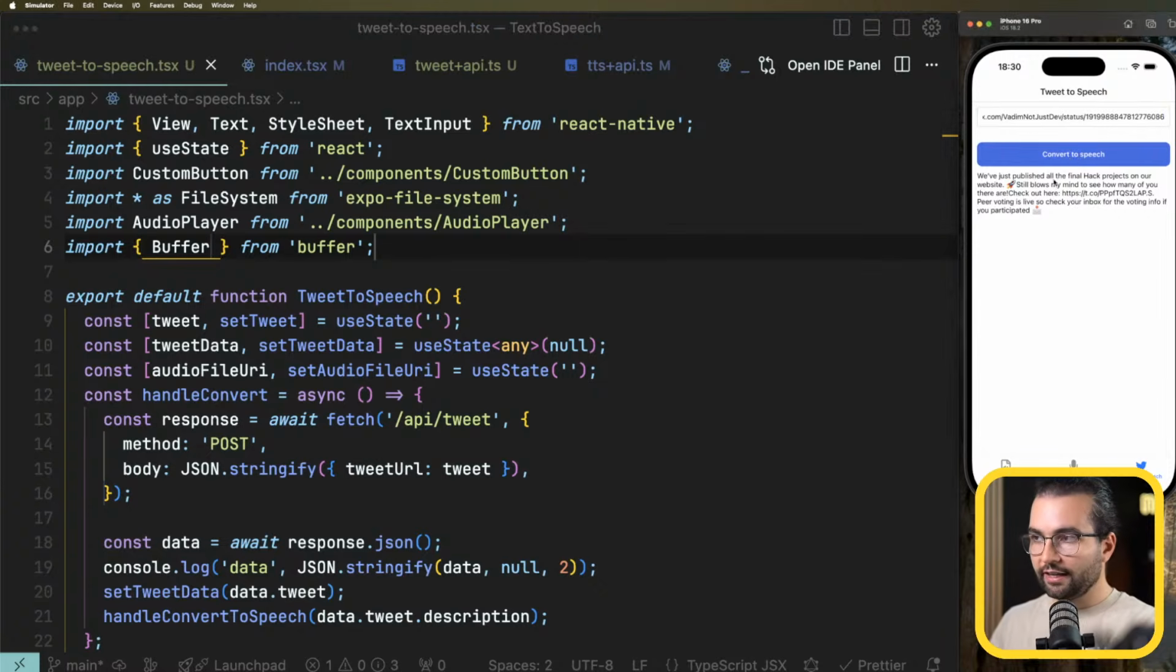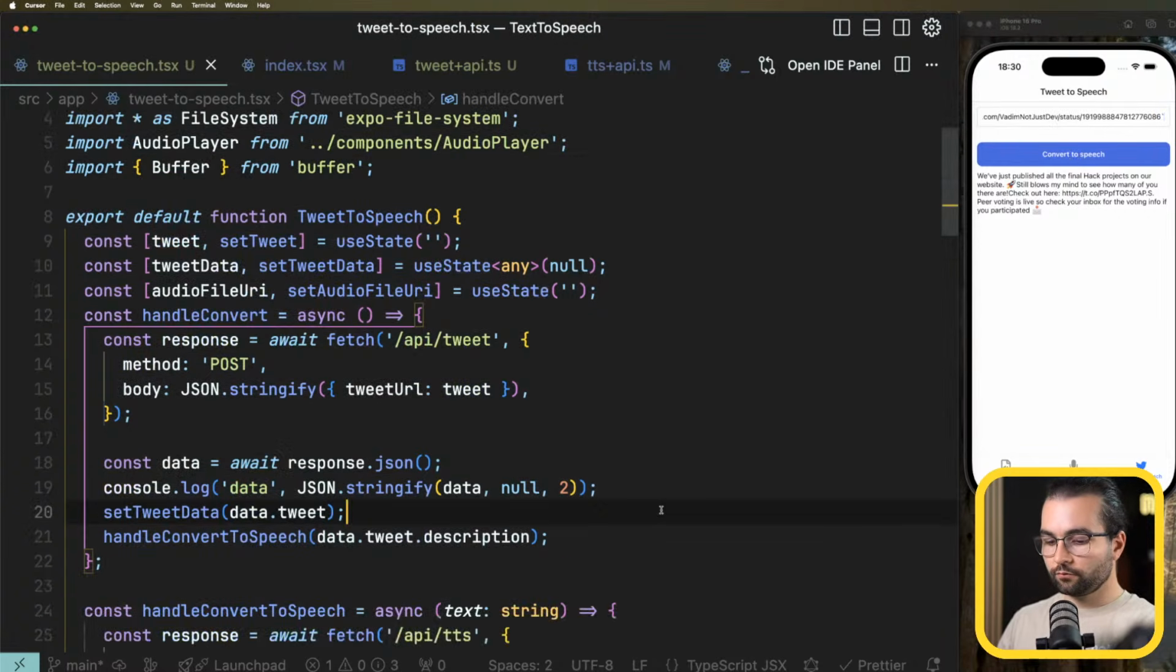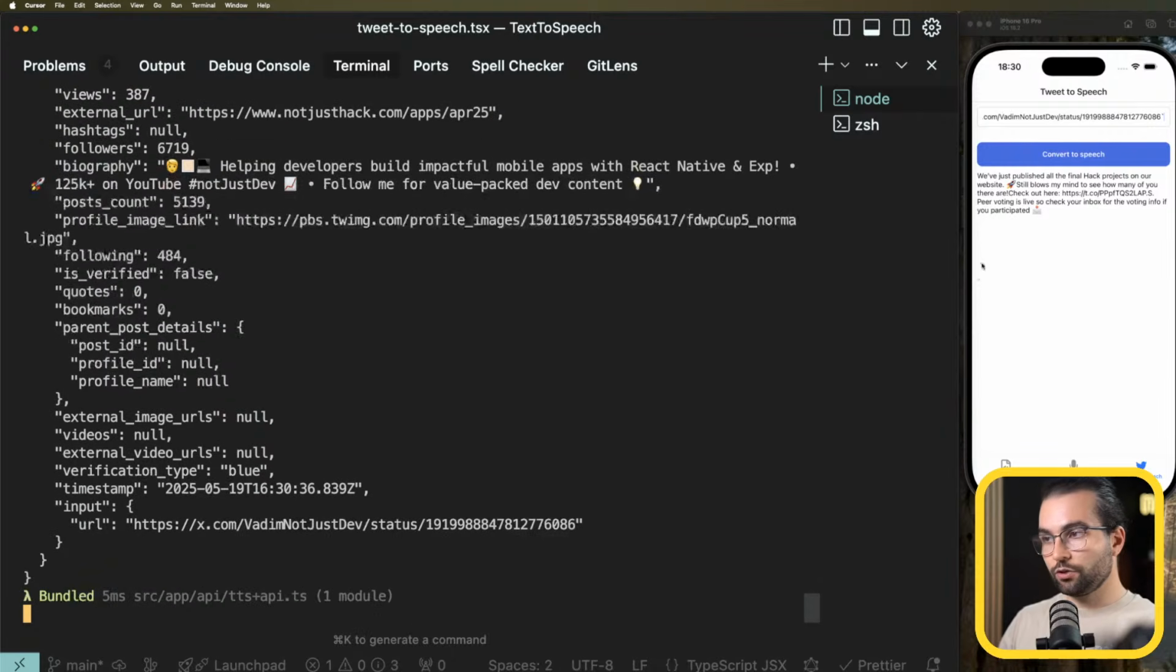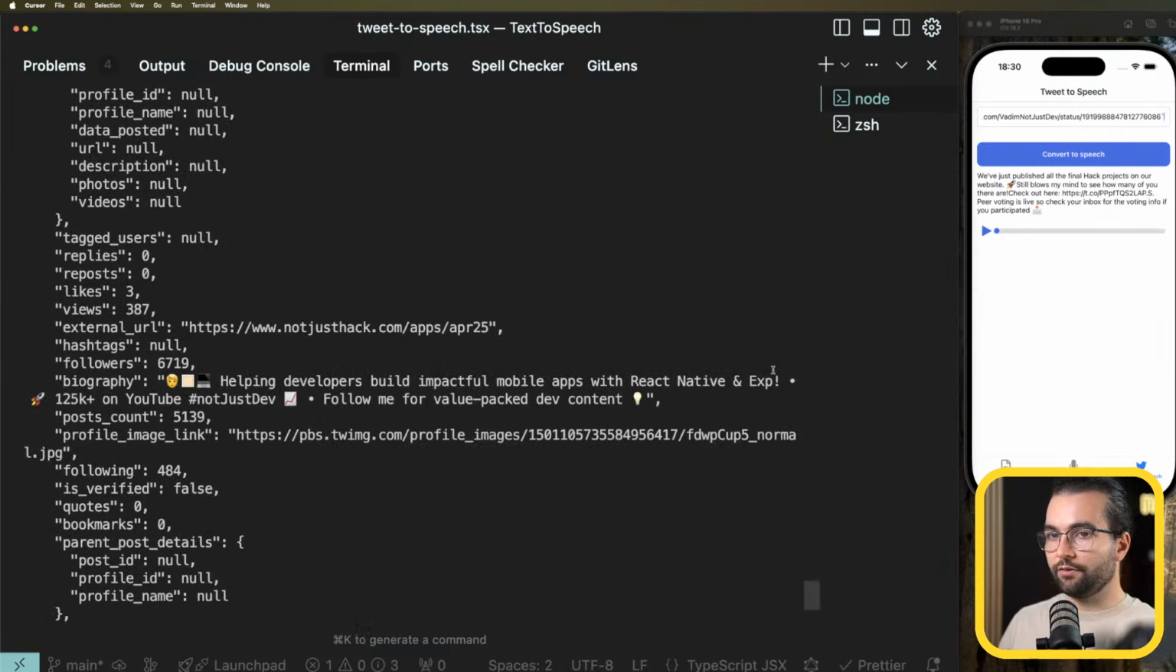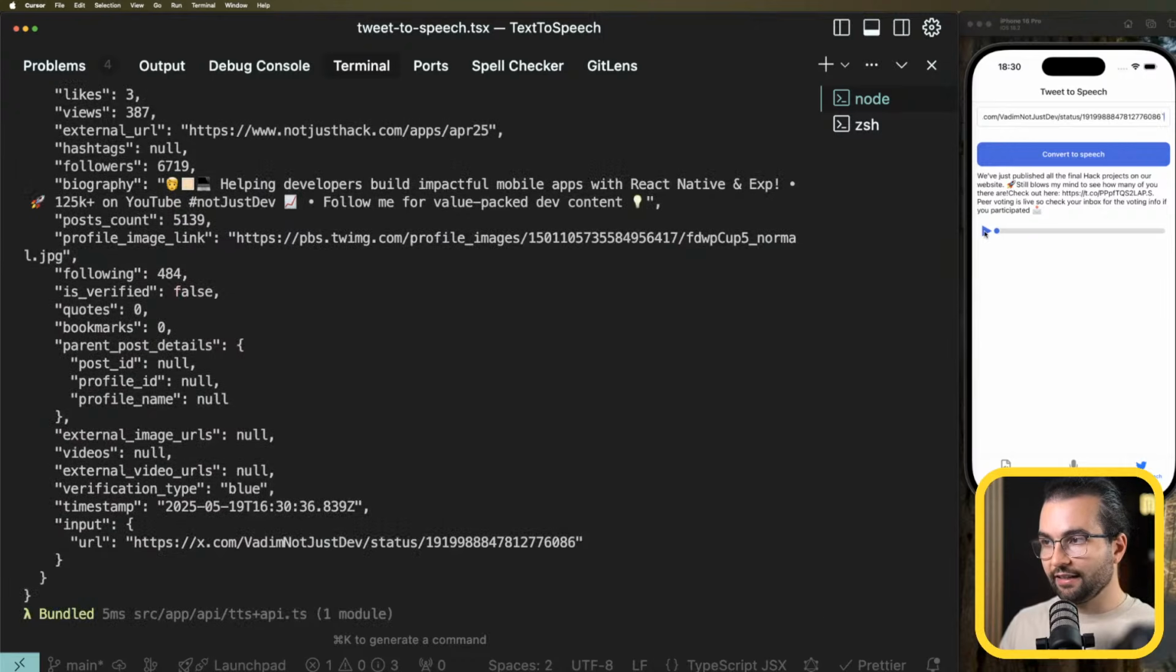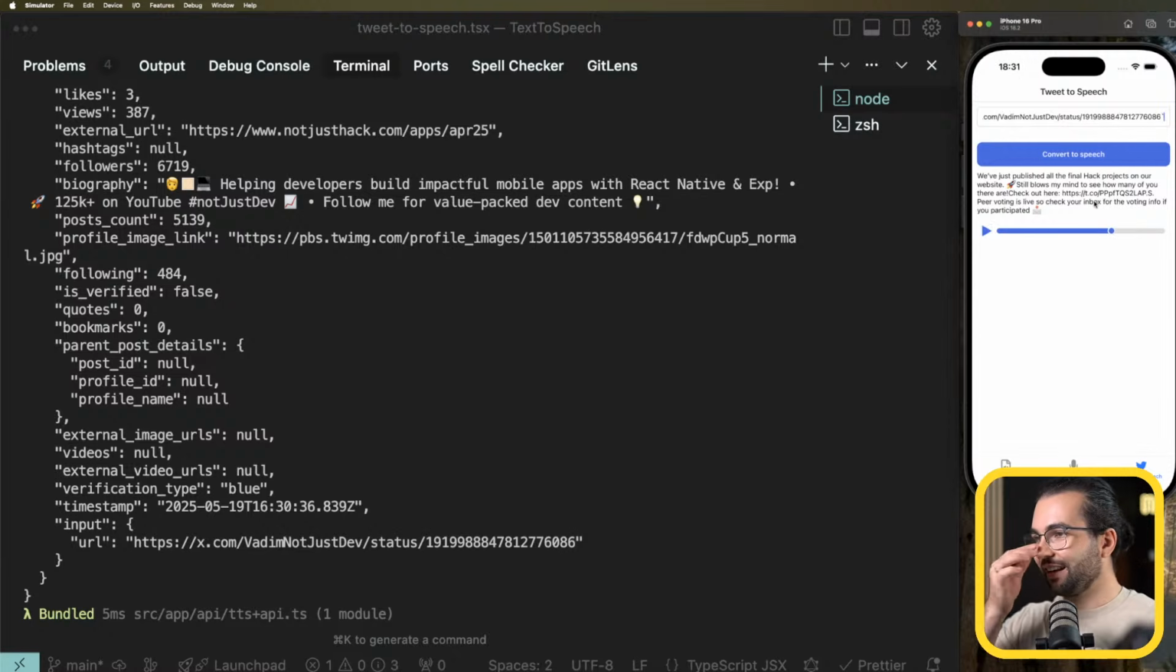So I will do it again. I'll press it. In a second, we should see the player. Do we see the player? Yes, we see the player. And let's see. We've just published all the final hack projects on our website. Works. It still blows my mind to see how many of you there are. Check out here. https t.co